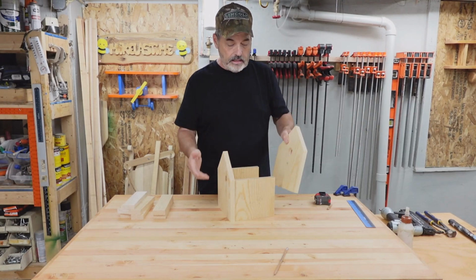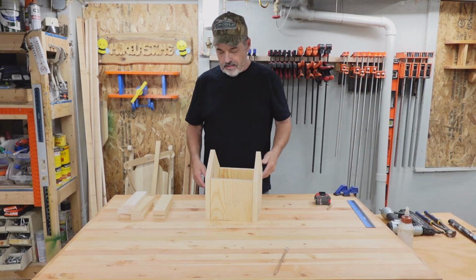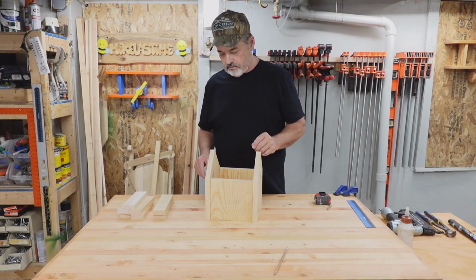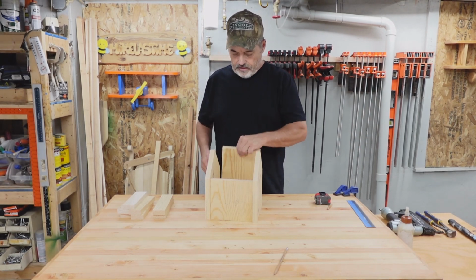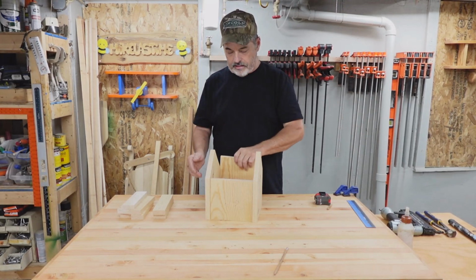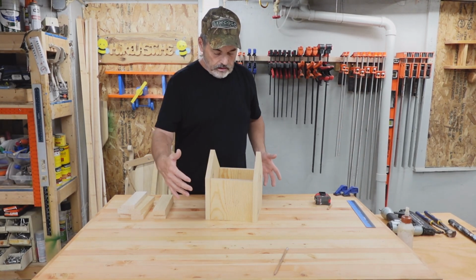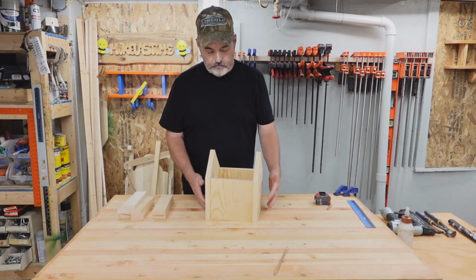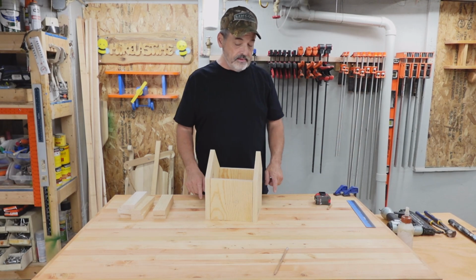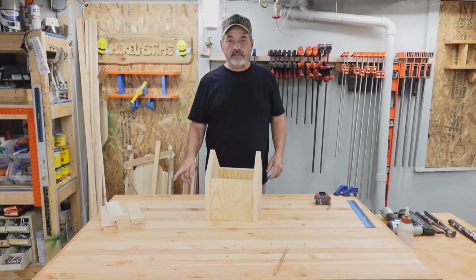Pick out your best side, and the front, with the grain all going up. I think it helps a little bit when it starts to dry. This wood's all bowed, so if it has a little bit of bow, maybe put it on the inside, like in here, and that way you can pull it together a little bit if you want to keep the bow out of it. Okay, we're going to glue this,